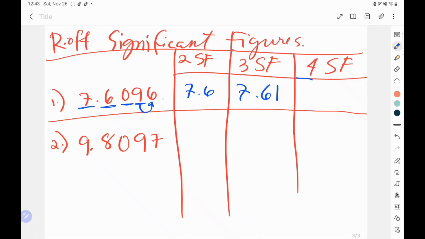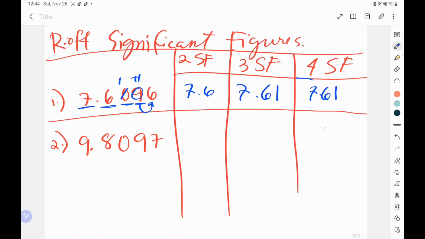Remember, 6 is greater than 5. So what we're gonna do here is add 1 here, correct? Plus 1. So that means 9 plus 1 is 10. So this is 10, 0. And this becomes what? 1. You understand? Now, so basically it should be